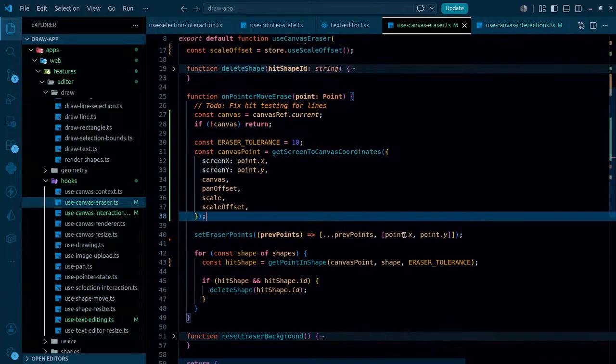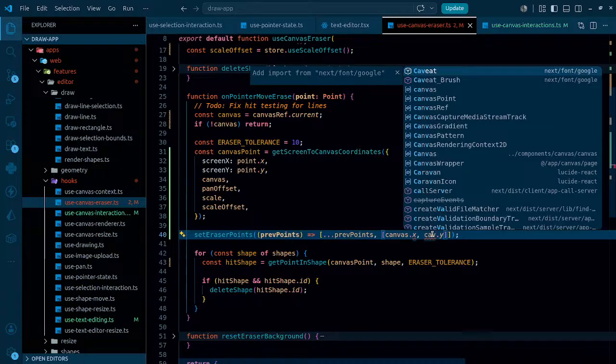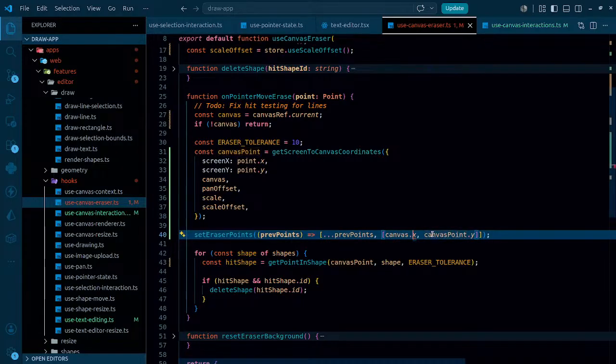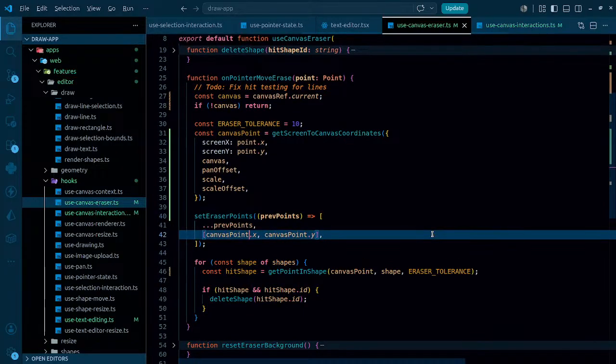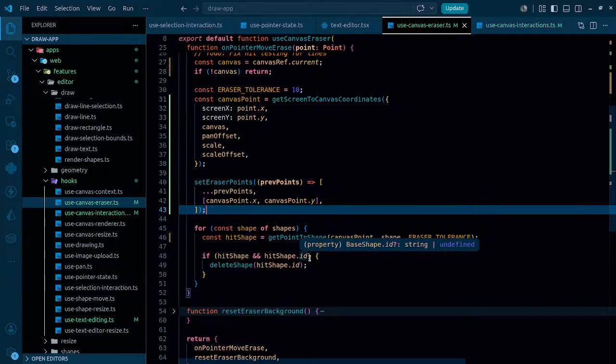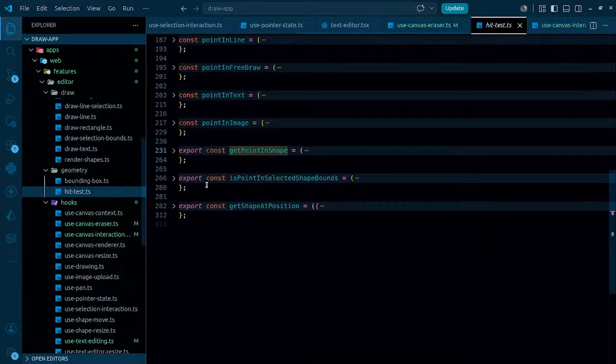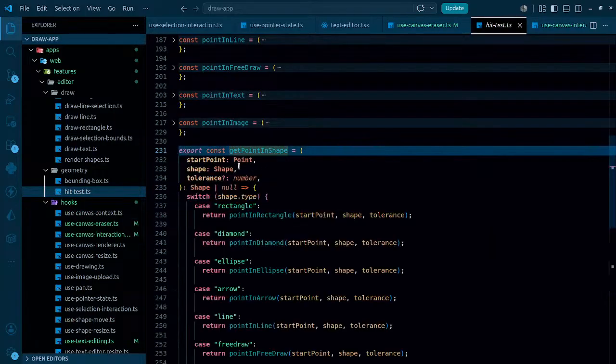I should be saving canvas point.x and canvas point.y. This is the thing. And apart from this particular thing, whenever we are checking, so when it comes to checking whether that particular coordinate belongs there or not, so hit test. So do we need to pass canvas point or the coordinates screen point? How are we checking here? Once we get the start point,